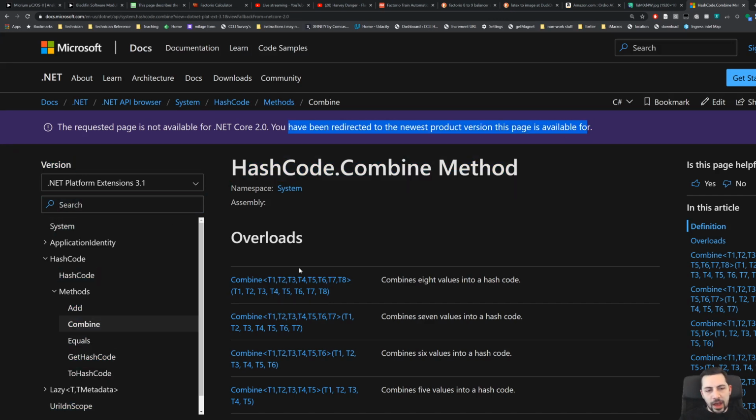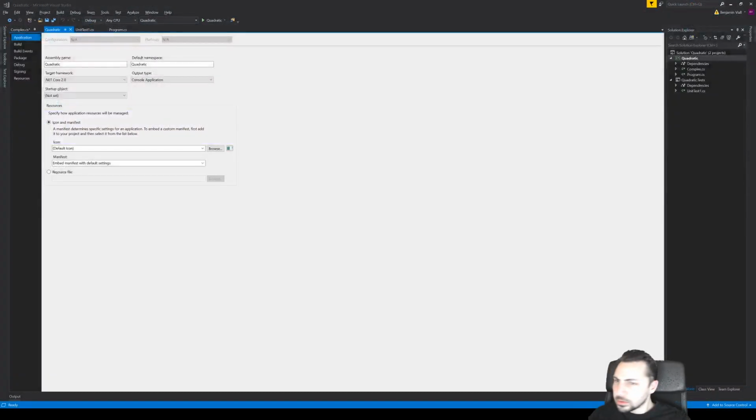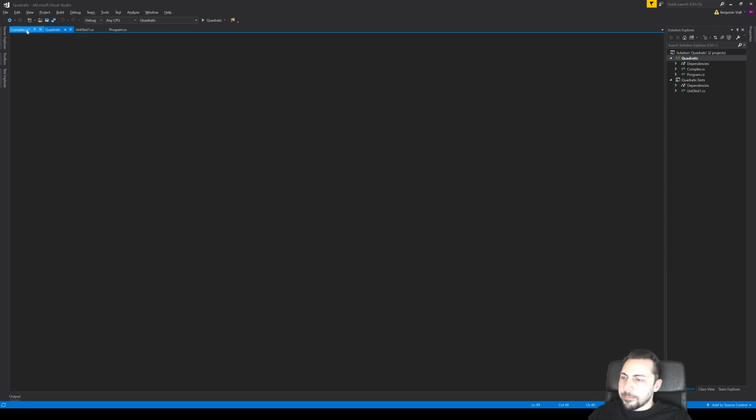Oh, so it's okay. I would have to compile this under 3.1. So let me see if I can just quickly change the project to do that. Properties. Go back to Visual Studio. Let's go. Oh, I don't even have anything over 2.0 on my computer. I would have to go and install 3.0.